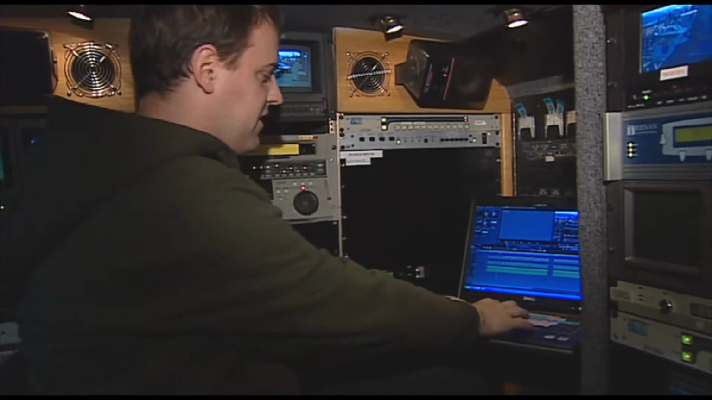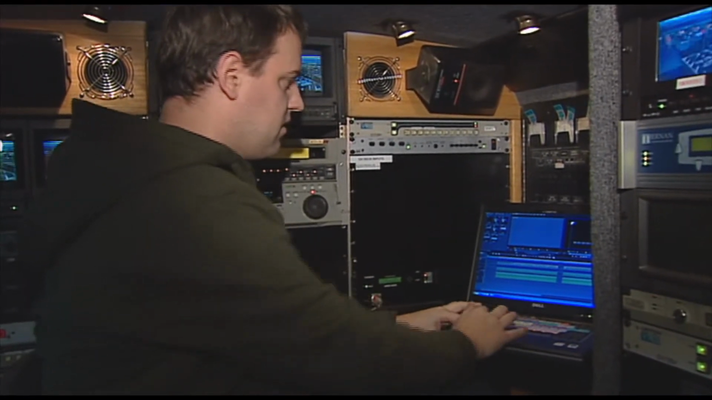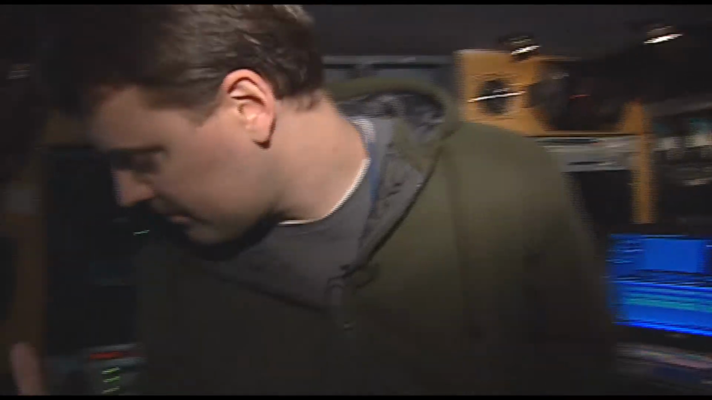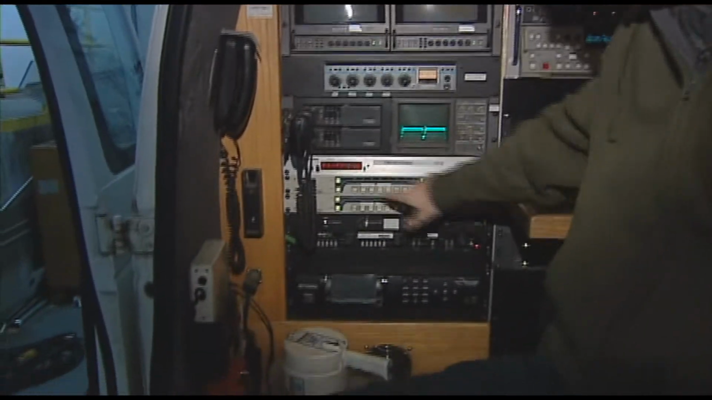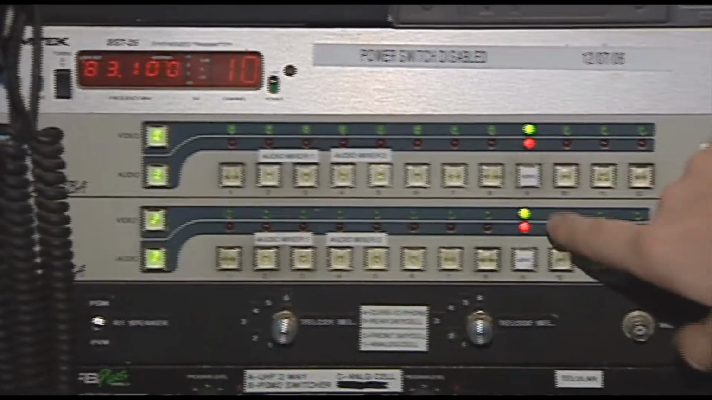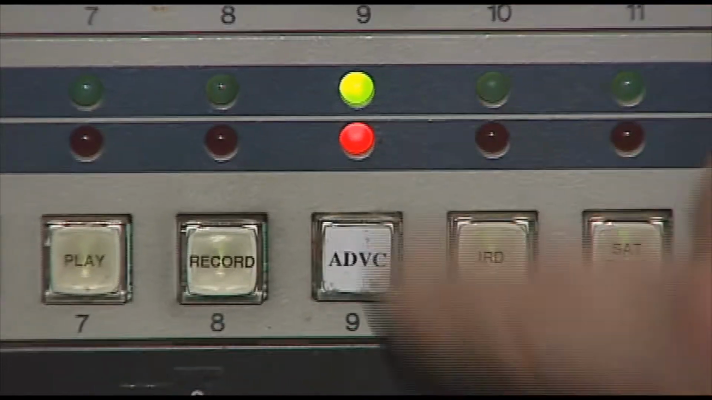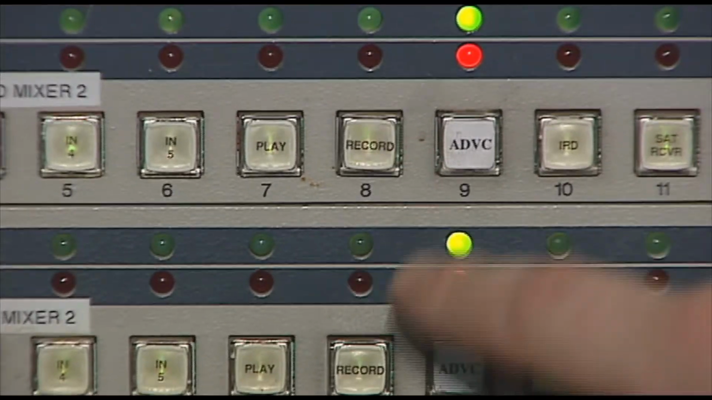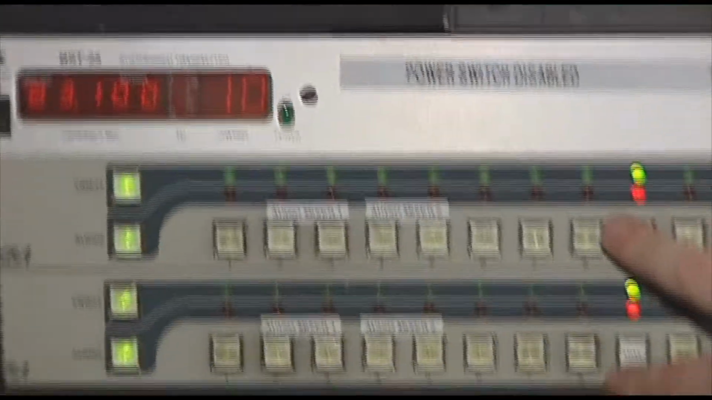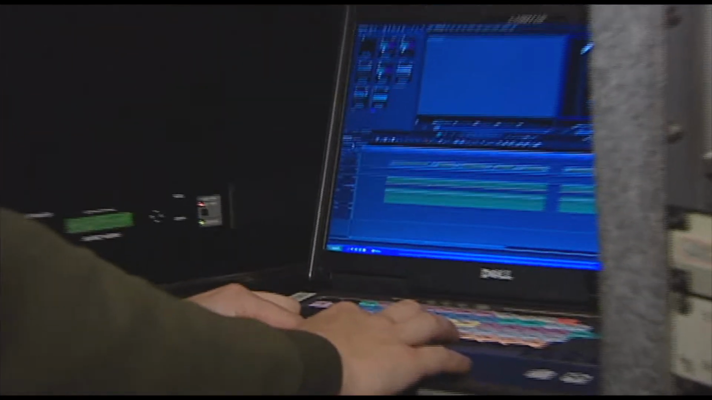So now I'm ready to feed. Now over here on the old thing, I think it's where the VCR used to be, there's now the ADVC button, and that is that new box. This box over here, that's the ADVC. So all you have to do is punch up the ADVC, get to the beginning of your package,